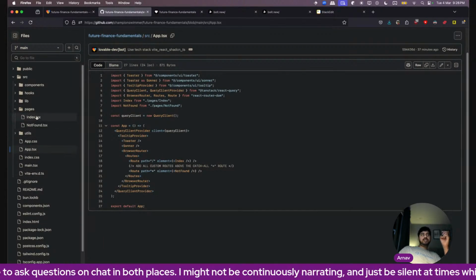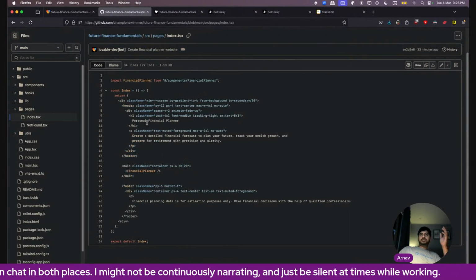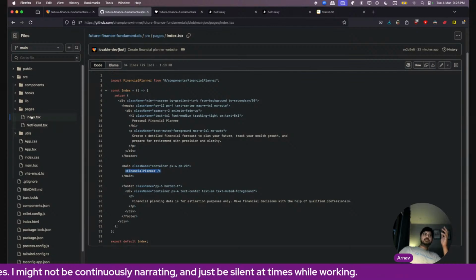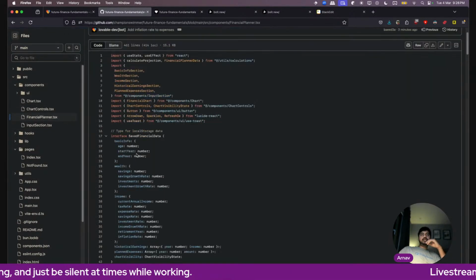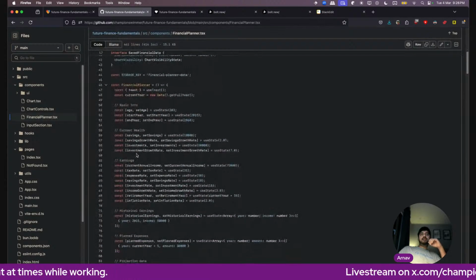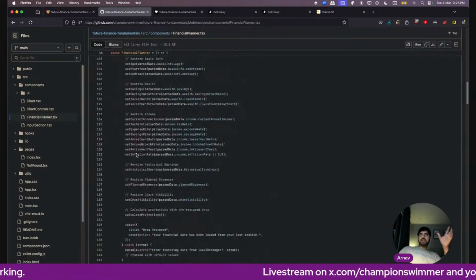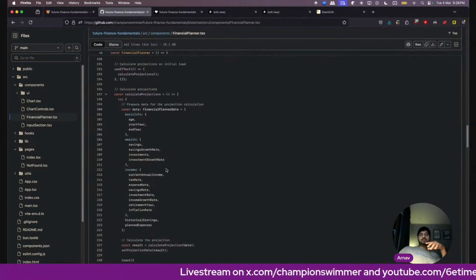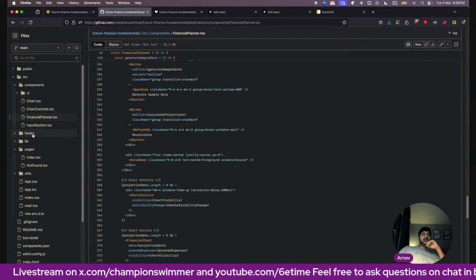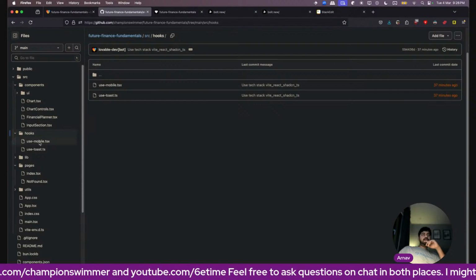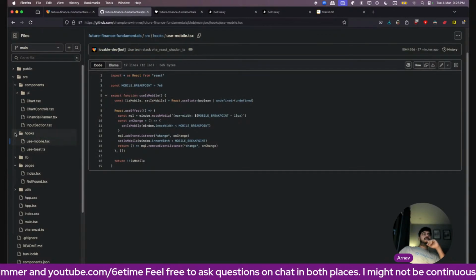So it has the index.ts page, which has all the financial planner. The financial planner component has everything inside it. It has all of the state. It has the different components here. And it has created, I think, these just for responsiveness.